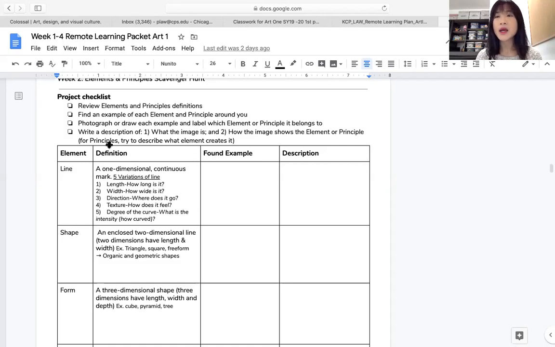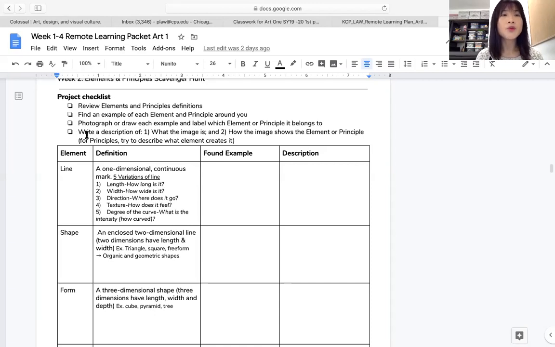If you don't have a printer at home and cannot print out these pages, you can draw it on a blank drawing paper, or you can use loose leaf. If you have your sketchbook with you, you can draw it in your sketchbook as well. Make sure you do that, because I haven't put that down over here. You can use any paper to draw the chart, or any way that is convenient for you, but make sure you label everything so that I can understand what you are trying to do.